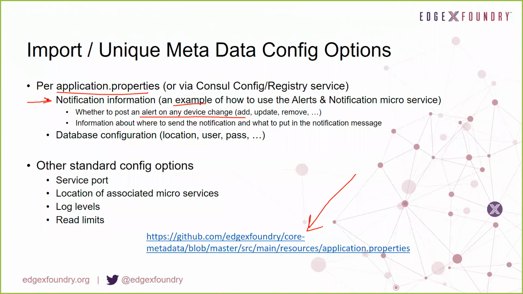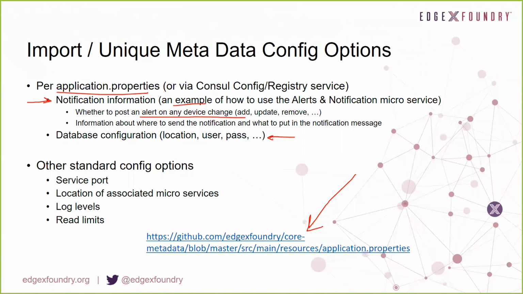We, of course, also have, because Mongo is used underneath the covers, database configuration. What's the location of Mongo? What's its username and password? These configuration options allow us to change out the database, or maybe switch to another Mongo instance if we didn't want them to be conjoined with the core data collection Mongo instance.